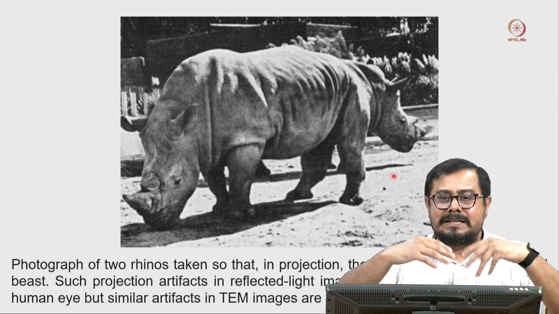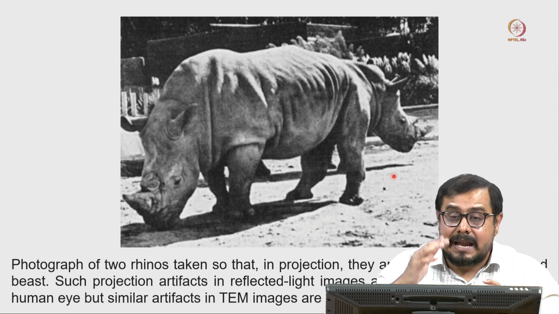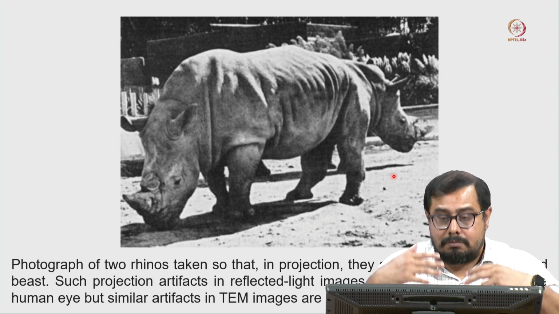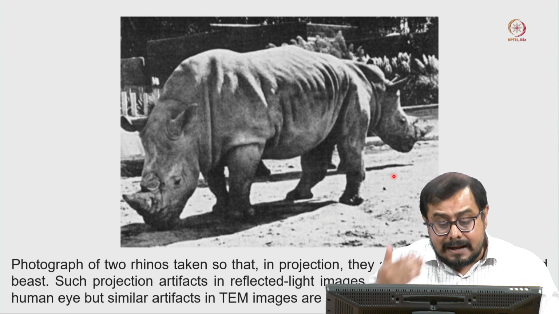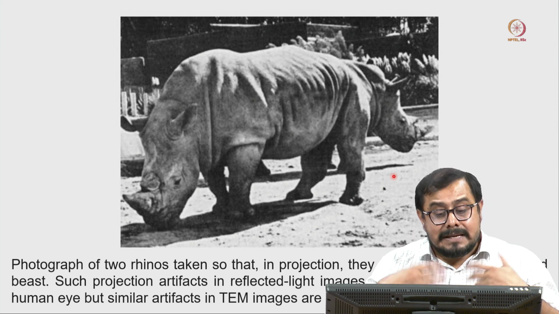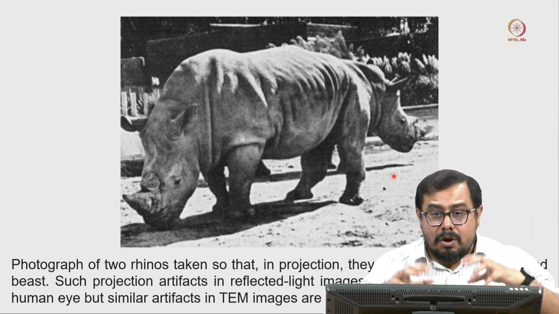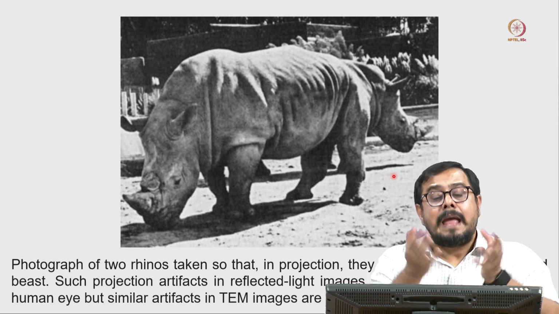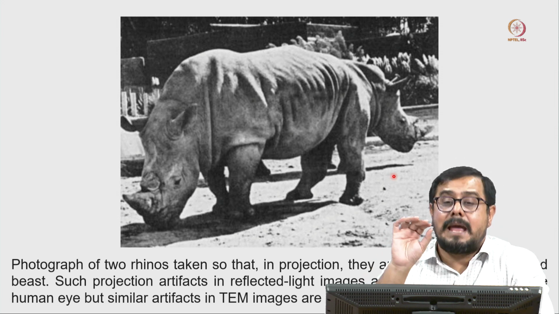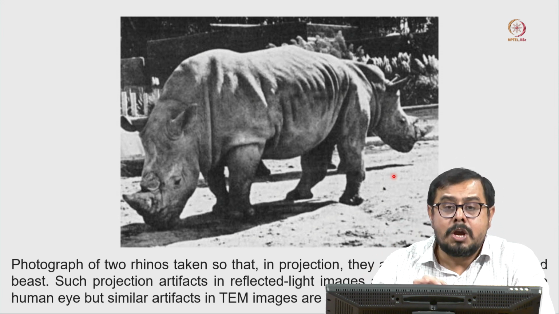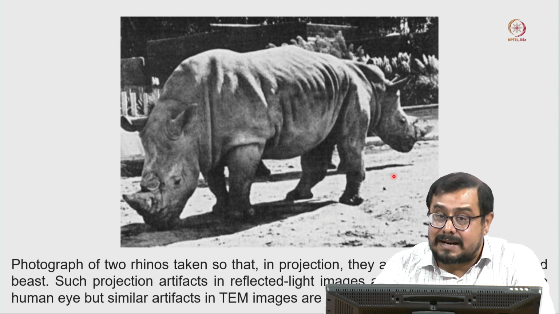So there is this kind of possibility when you prepare the sample, it may overlap, and that can give you wrong images. Or rather, it is not giving wrong images, but when we analyze our data, we analyze it in a wrong way. We do not understand how this 3D object forms a 2D image, and that is the artifact. It can come from the transmission electron microscope as well as from the cryo-electron microscope. So we have to be very careful when we do the image analysis.